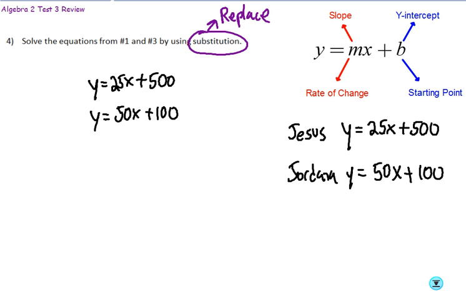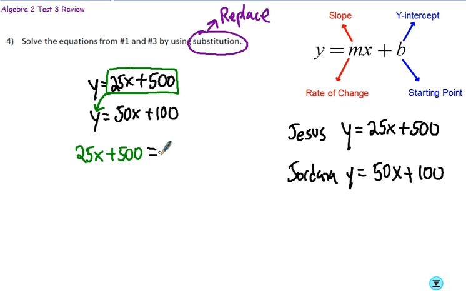And so what that looks like is that I'm going to take the first equation, 25x plus 550, and replace it into the second equation. The reason why I'm putting it there is because this says y equals 25x plus 500. Well, if that's what y is equal to, then I could replace it with that y right there. So I would have 25x plus 500